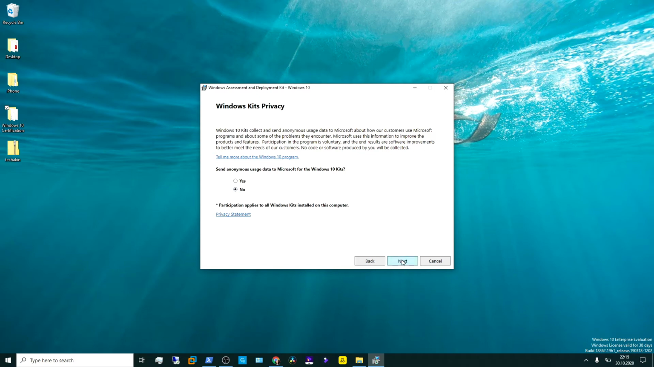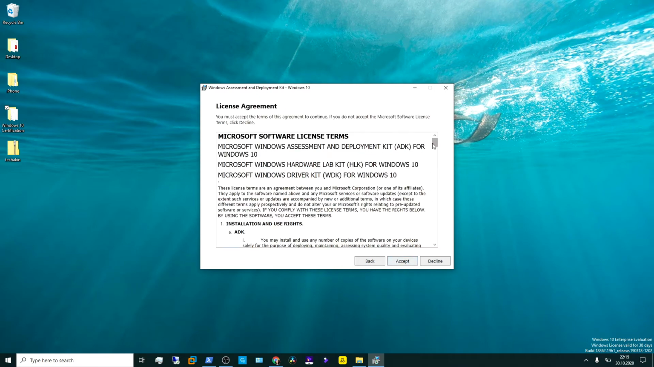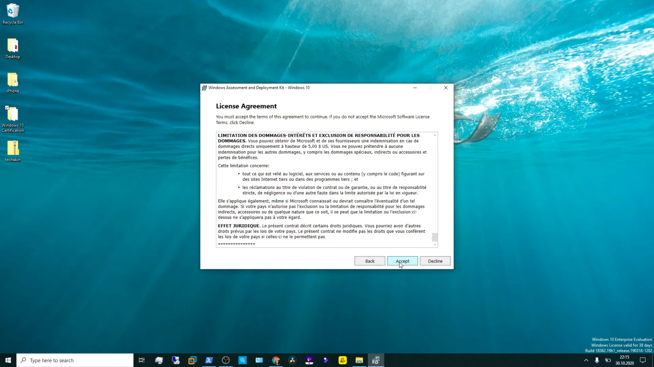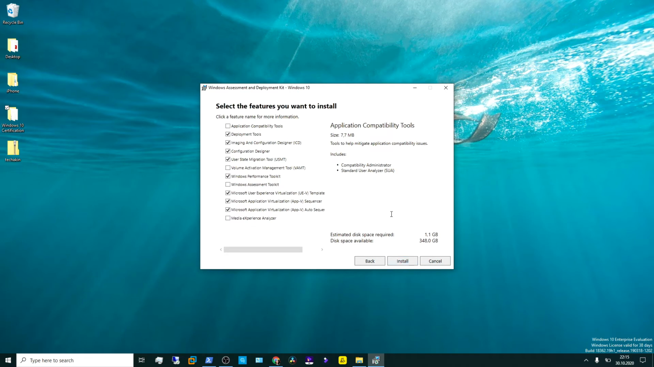I'll go next, and then you can take your time to read the Microsoft license agreement and make sure you accept so you can move forward. Now here are the utilities inside of the ADK. The one that we need most, if you remember, is the user state migration tool. We need the user state migration tool to copy our data from the old computer and also to migrate it